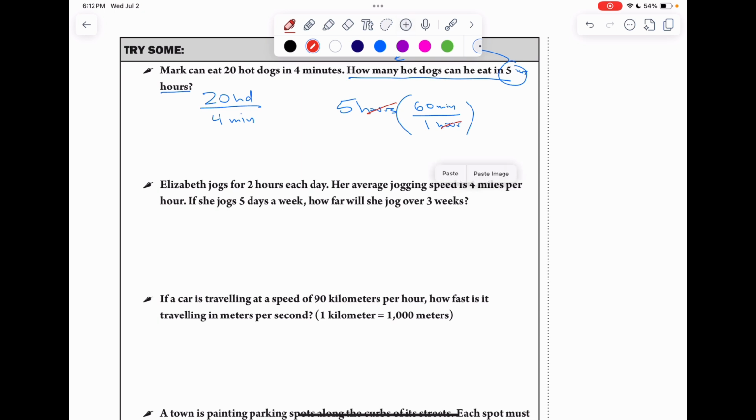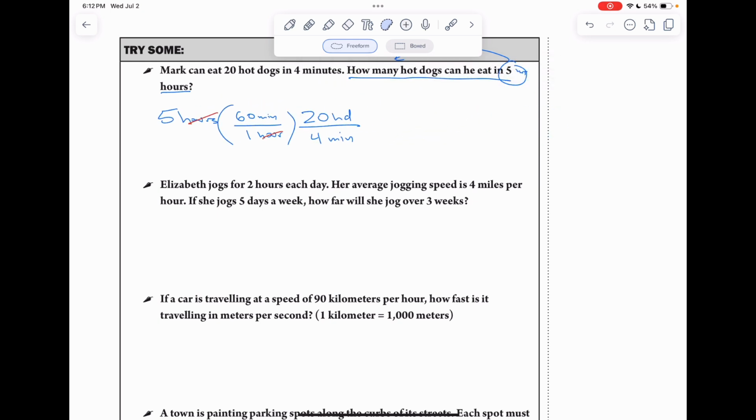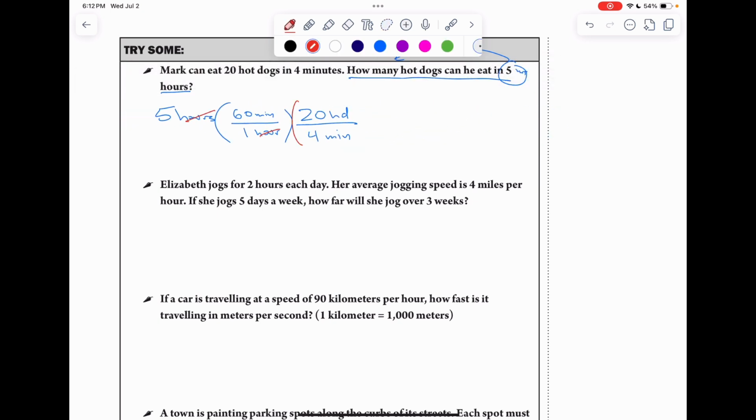Now I need to cancel out those minutes to get a number of hot dogs, so I'll take my other conversion factor. I'll move it right over there. Let me move this all over a little bit more, and you'll notice what happens here. My minutes cancel each other out as well. And what am I left with? Multiply my tops together, multiply my bottoms together. 5 times 60 times 20 hot dogs in my numerator, and just 1 times 4 in my denominator,